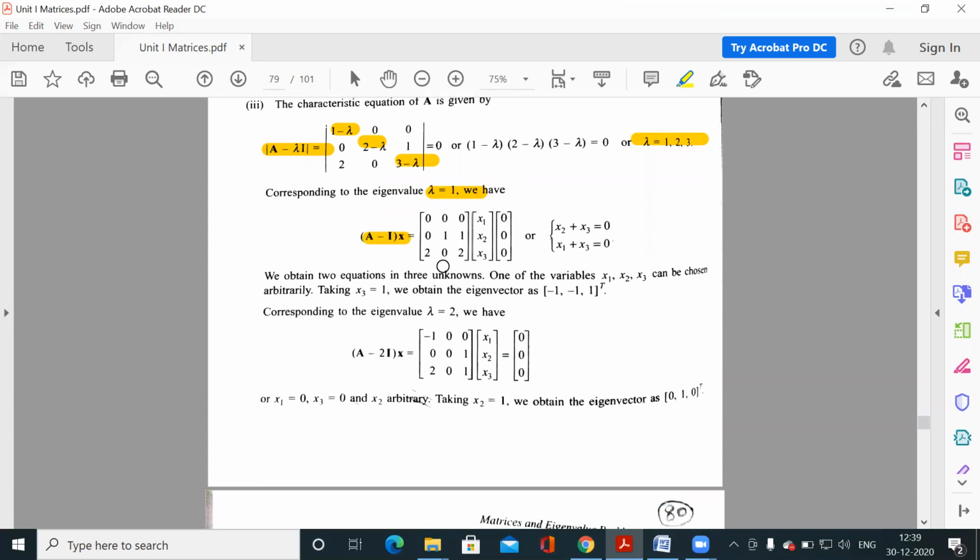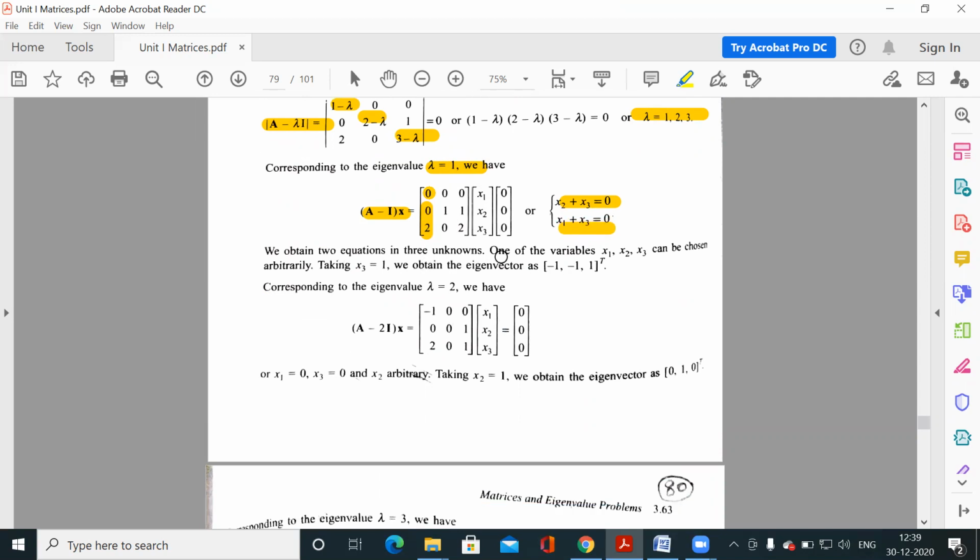So you will get two equations. This is already in echelon form, meaning if you interchange rows r1 and r3, because you have to use this and make these elements 0, but this is 0, so you have to replace it with the non-zero element. So r3 would come here and r1 would come here. So 2 0 2, 0 1 1, and 0 0 0. So this is already in echelon form. So you will get two equations. One is x2 plus x3 is equal to 0, and from here 2x1 plus 2x3 is equal to 0.